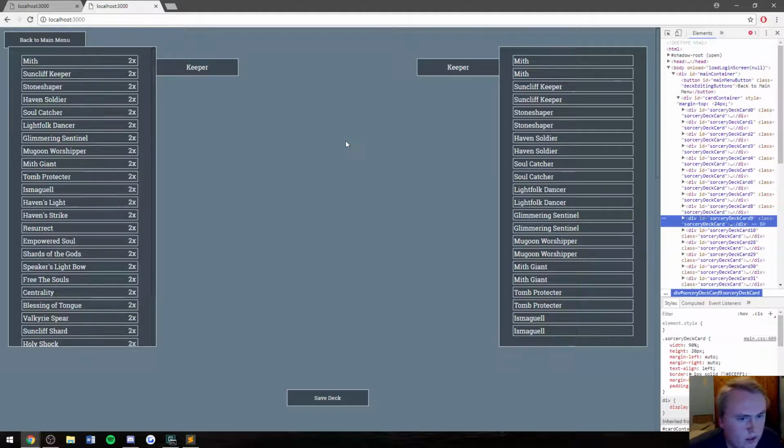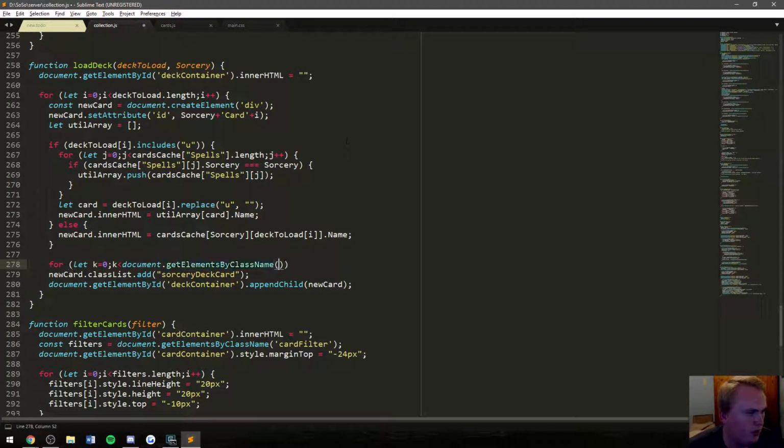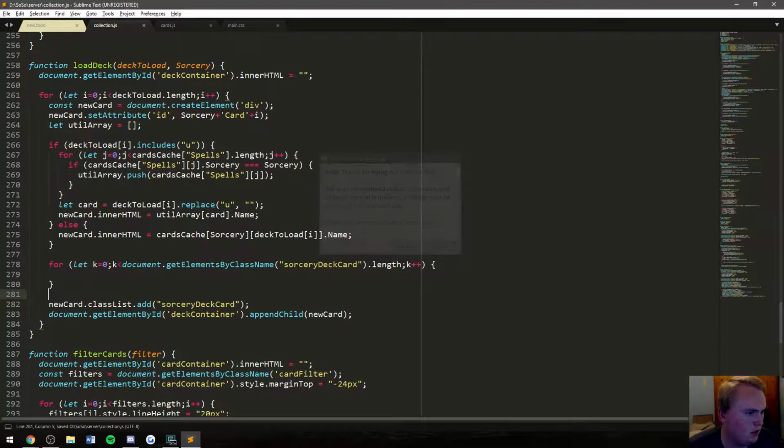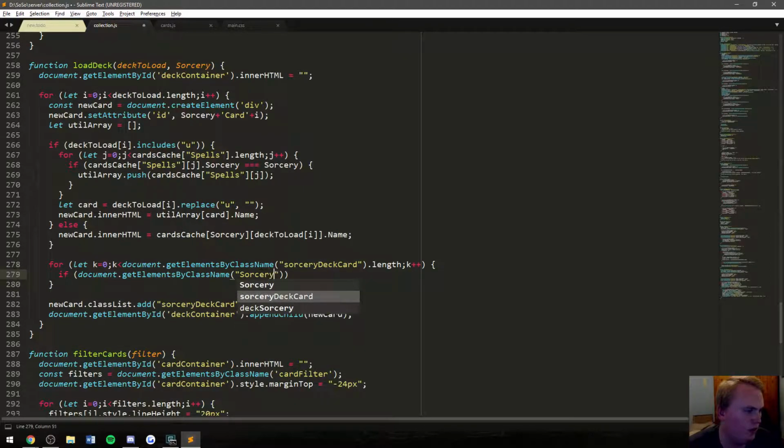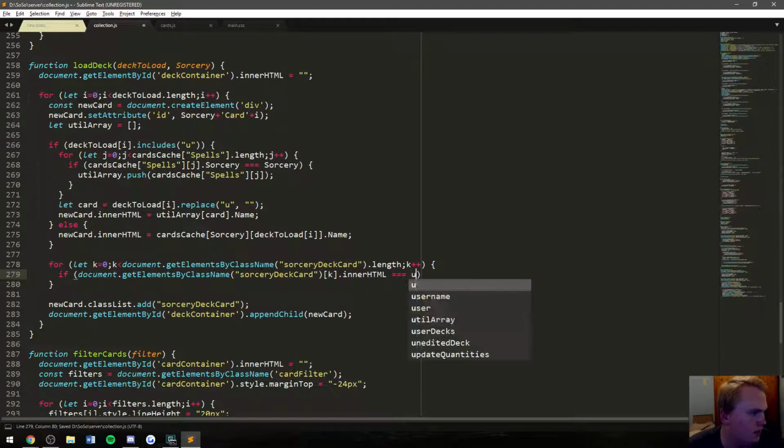That is sorcery deck card. So sorcery deck card dot length, and then k++. For each of these sorcery deck cards, we are going to iterate through them and say if document.getElementsByClassName sorcery deck card in the position k dot innerHTML is equal to the